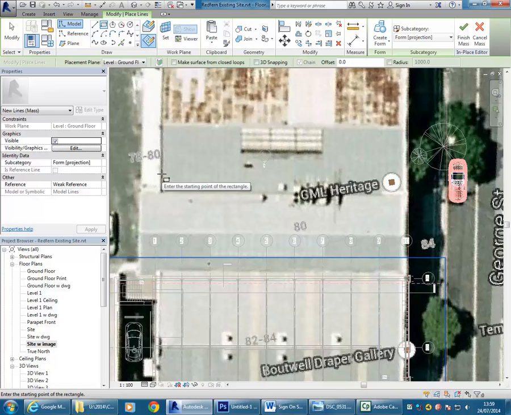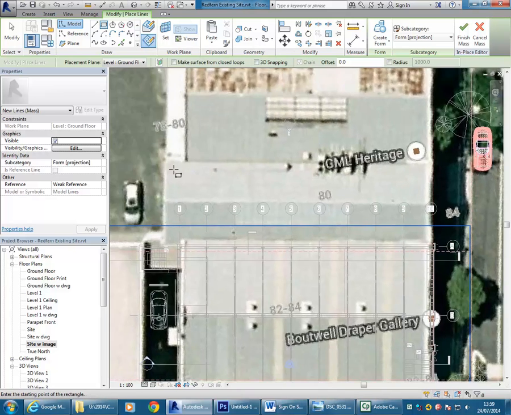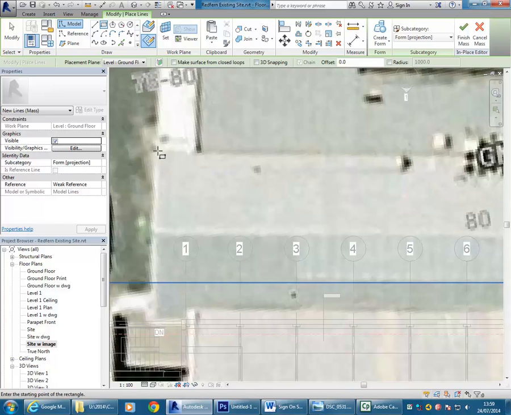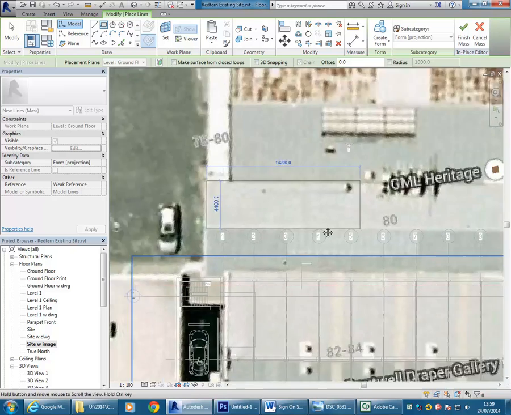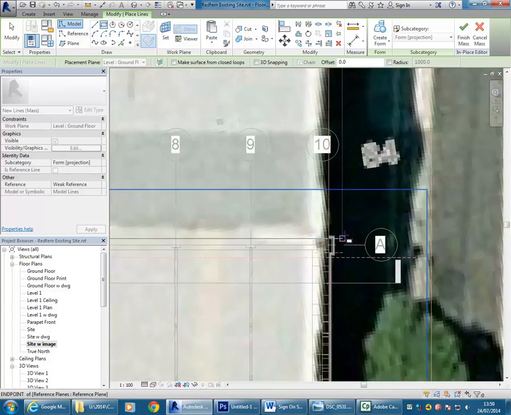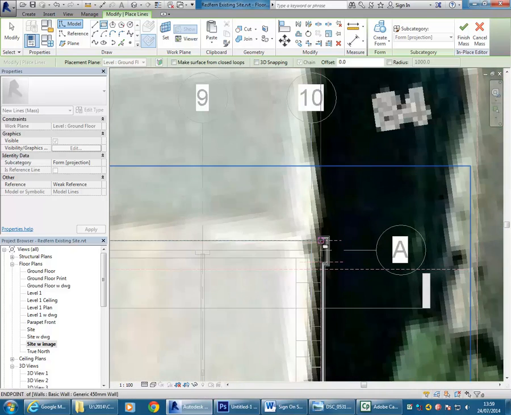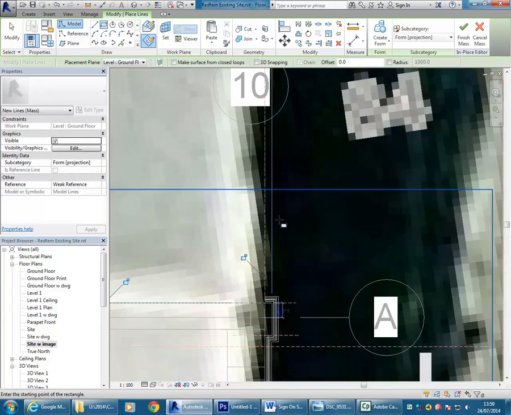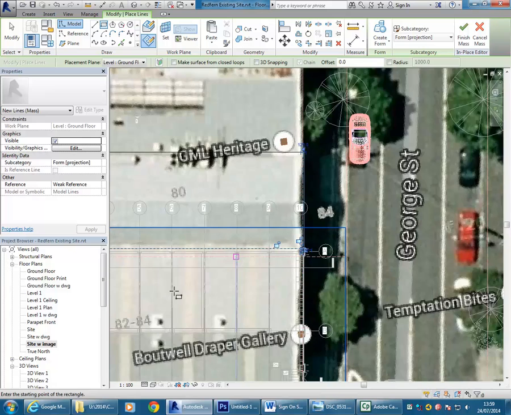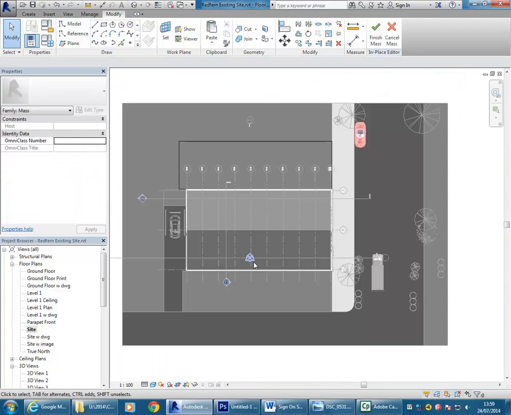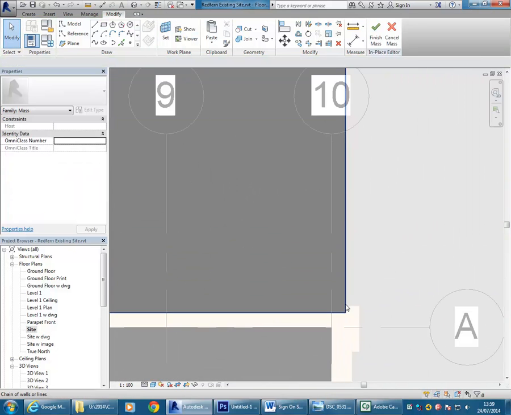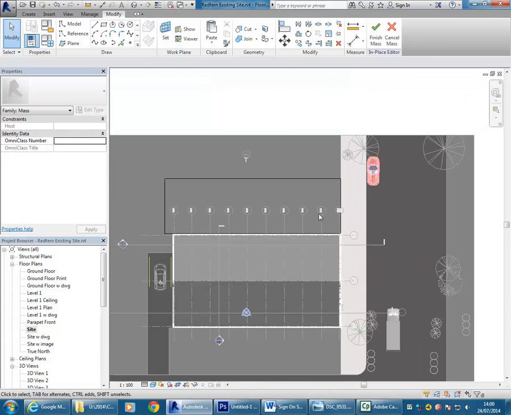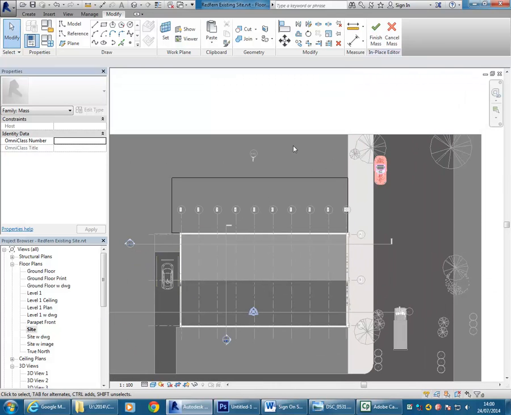And then I'm just going to click 2 points to make a rectangle, just by eye tracing over that outline of the building there. Okay, and so then I'll snap to here. That looks pretty good. I'm going to check it in a different view to see how those lines are lining up. That looks pretty good to me. And I'll even go to a 3D view just so that I can see